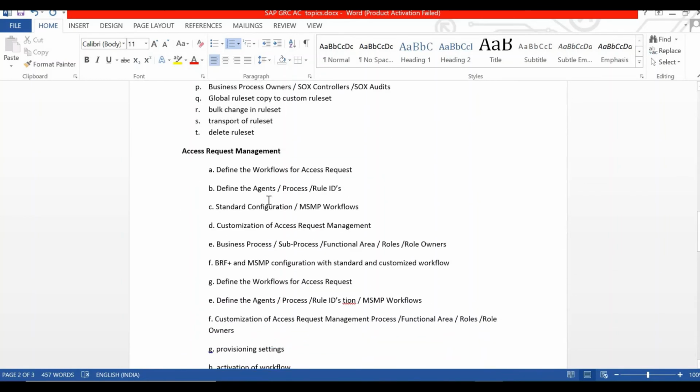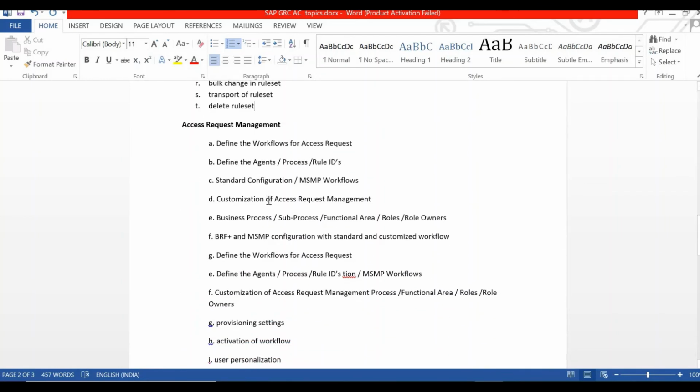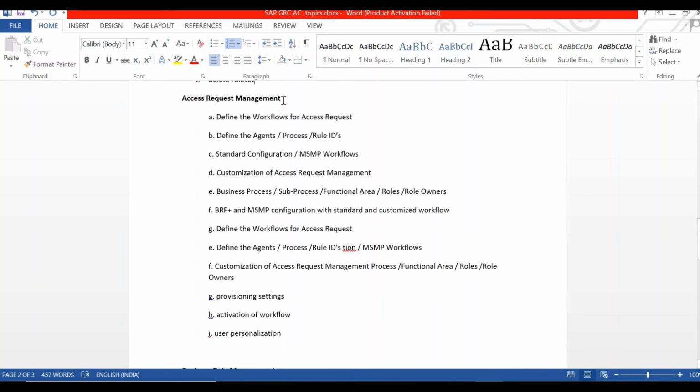Same things in every module, we will learn based upon the access roles. For example, for access request management, we learn about the different types of request, like creating user, locking user, unlocking user, deletion of access, modifying access. And for each request type, what is the behavior of the workflow?